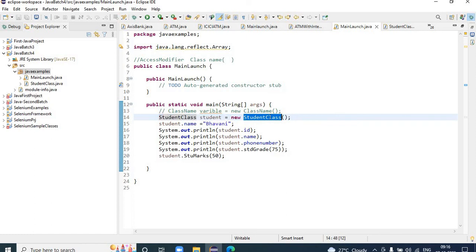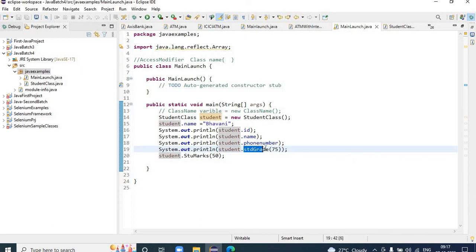Constructor. In any program, any programming language, the constructor would be called first. When you create an object for a class, what will be called? First thing, the constructor would be called. Why are we using the constructor? To initialize the values. So initially I declare variables, I don't have any values, because see,